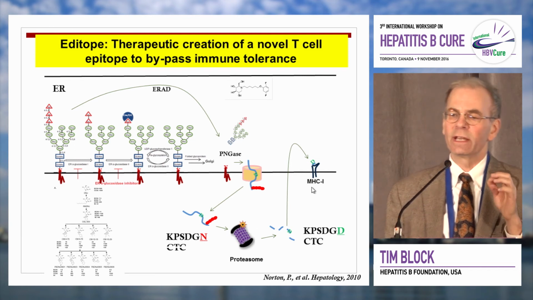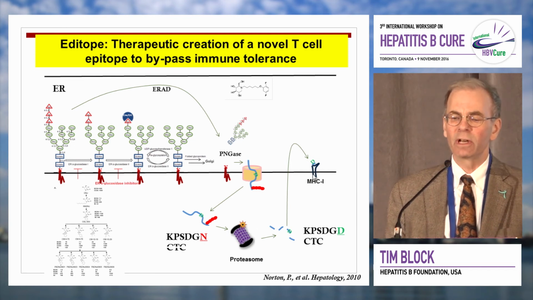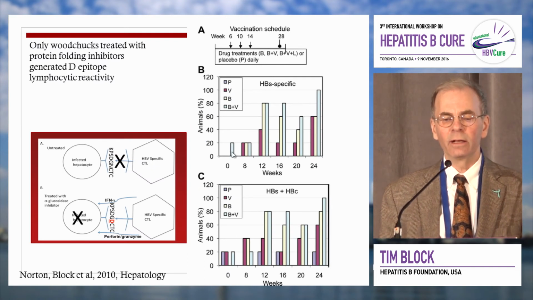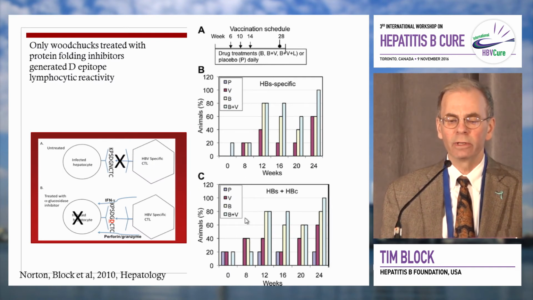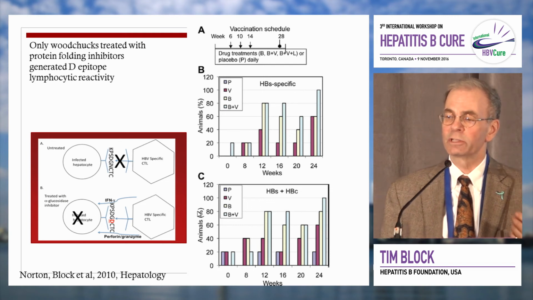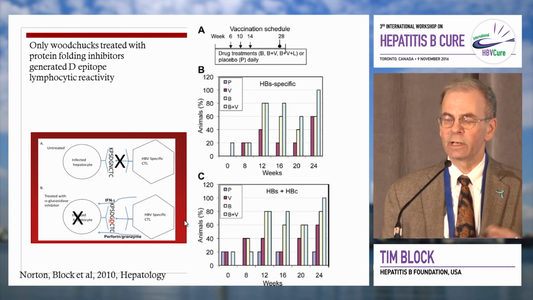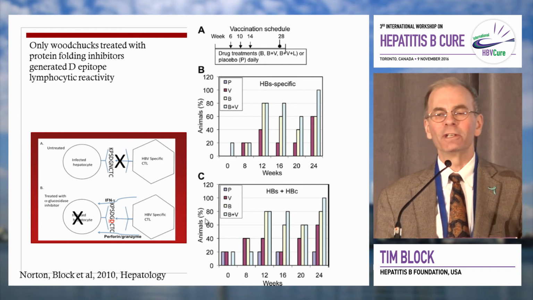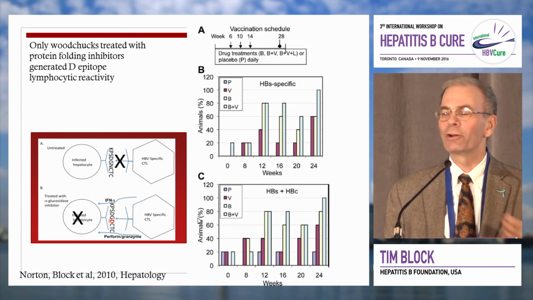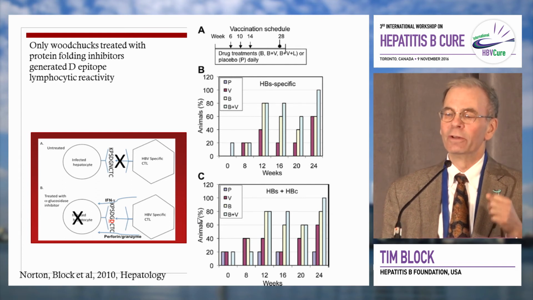So it introduced, at least in theory, the possibility of immunizing against this epitope, and that's what we did with Bud Tennant. I'm just showing you here in a paper we reported that we were actually able to treat the chronically infected animals with the aminosugars, vaccinate them, and in each case you got a cellular response to this editope, as I dubbed it. Now it was, I would say, a biochemical experimental success, but a therapeutic failure